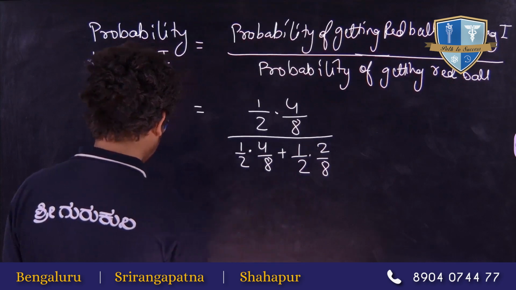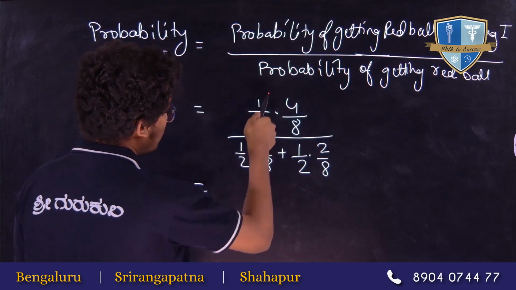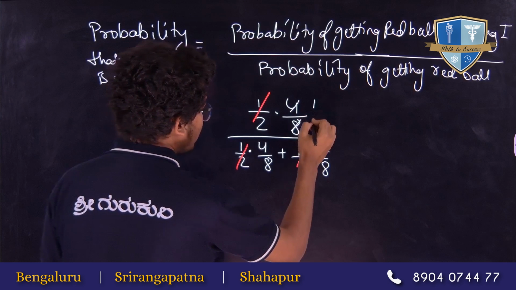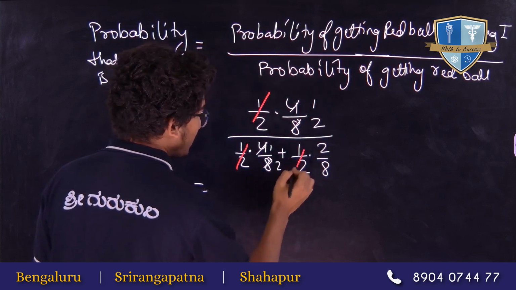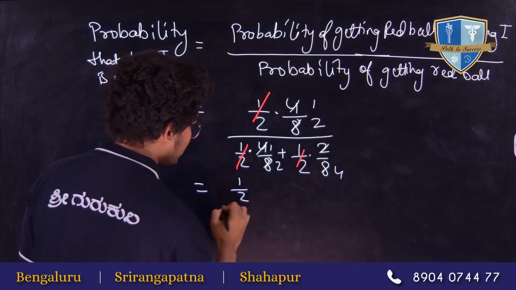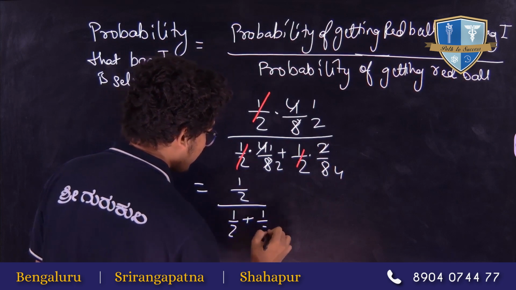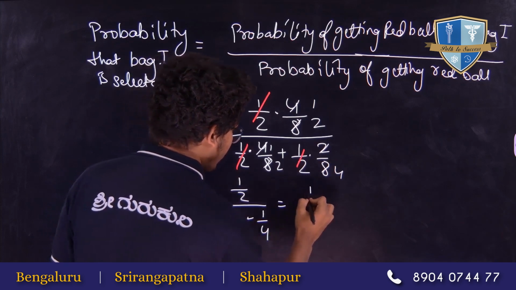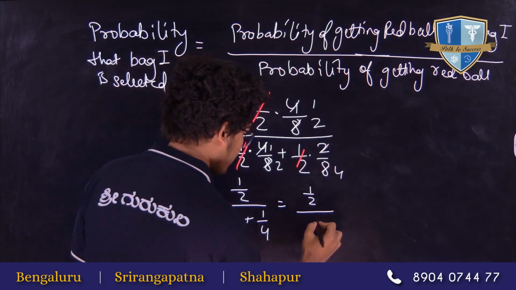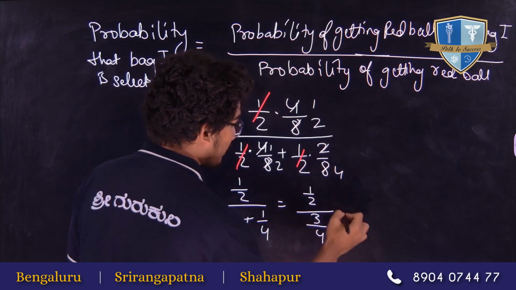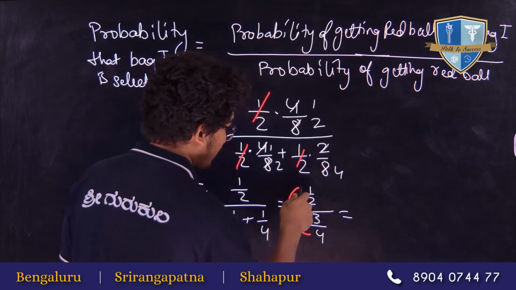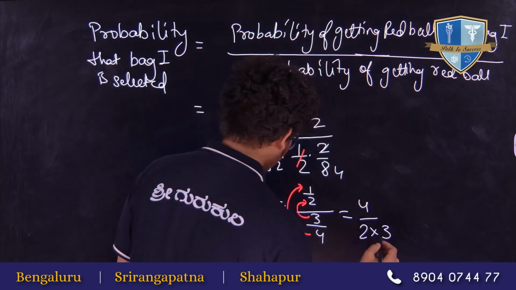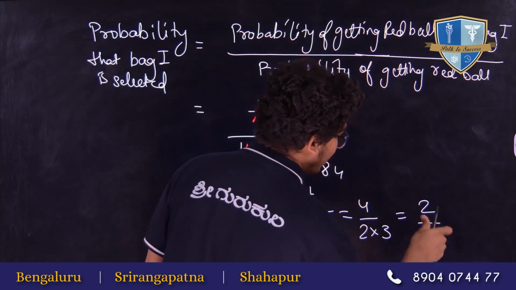Let's calculate this. So 1 by 2 and 1 by 2 will cancel out. So this will be 1 by 2 again, and this will be 1 by 4. So this is 1 by 2 divided by 1 by 2 plus 1 by 4. Correct? This is 1 upon 2 divided by 3 divided by 4. So this 4 will come above, and 3 will come here. So this will be 4 divided by 2 into 3. So this is equal to 2 by 3. 2 by 3 is our final